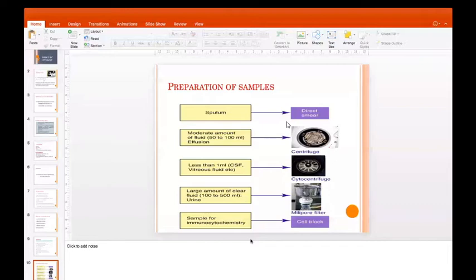Now, what is the difference? In a centrifuge, the centrifugal force transfers the cells which are denser than the fluid medium. Okay, the centrifugal force is the one which transfers the cells, and they are denser than the fluid medium.